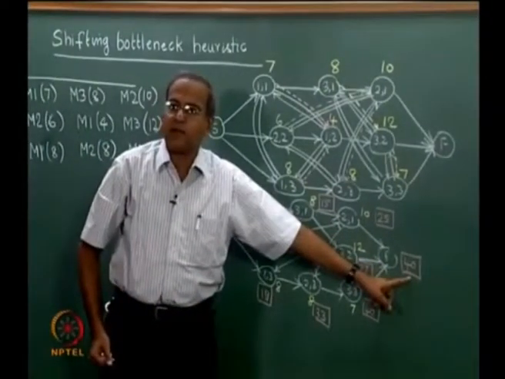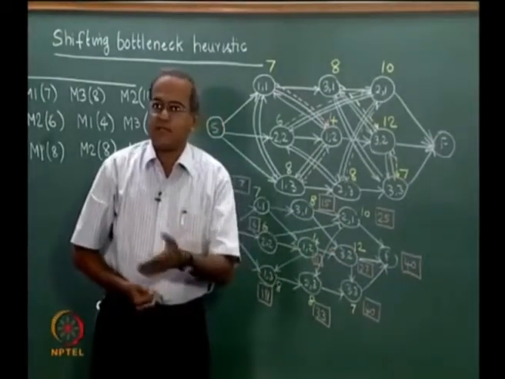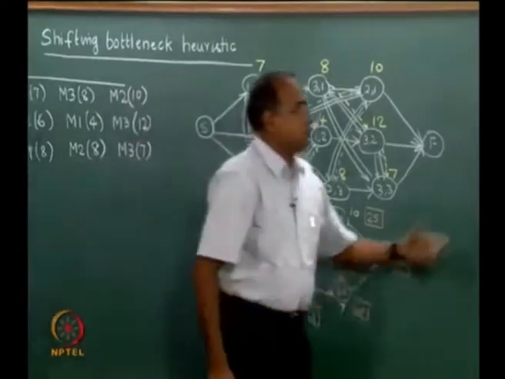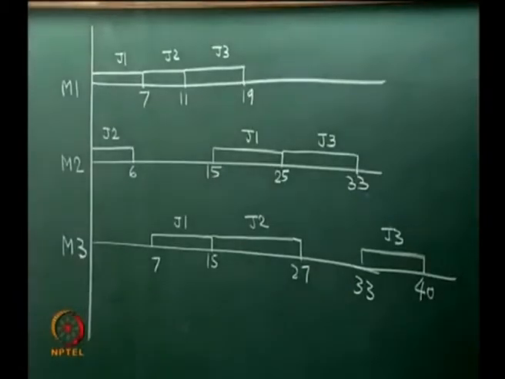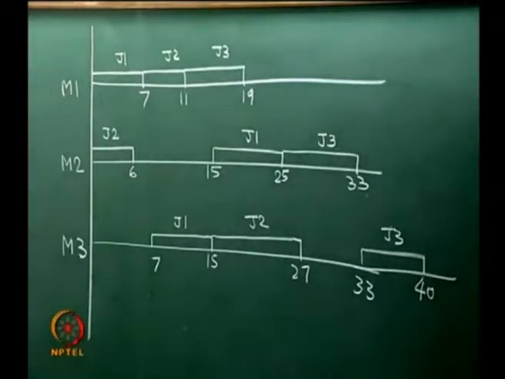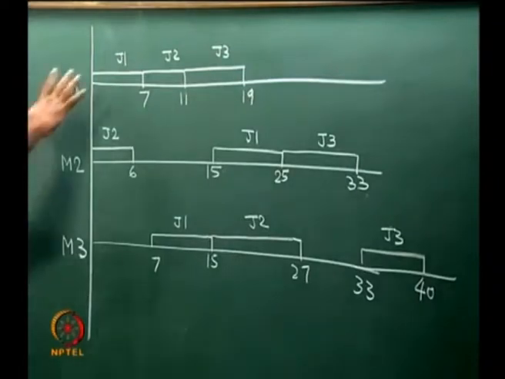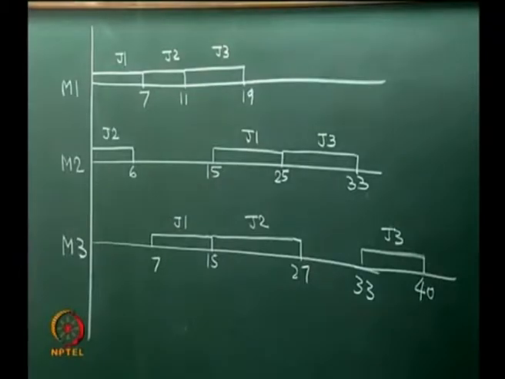So if we are able to get the longest path as less than 40, then we have achieved a solution that has lesser make span than the solution that has been shown here. The other learning also is that the important thing though is the computation of the make span and try to minimize the make span, but the decision that has to be taken, what SPT rule did is to try and find out a certain order in which the jobs are going to be processed on the machines.